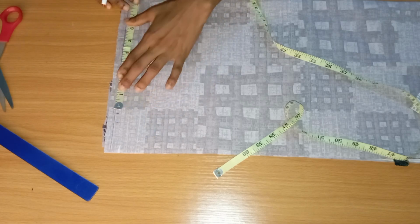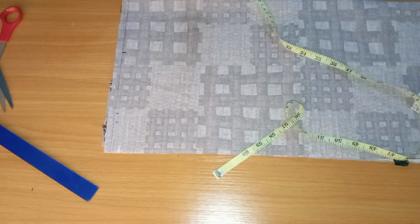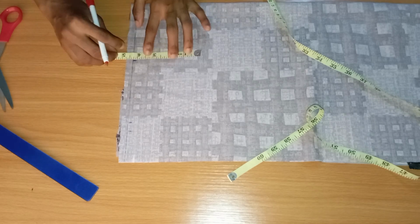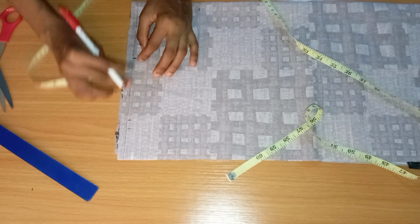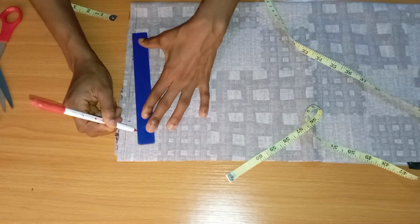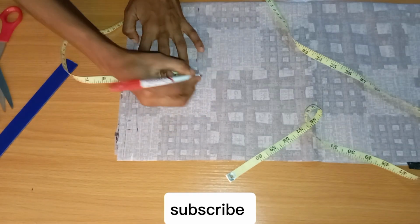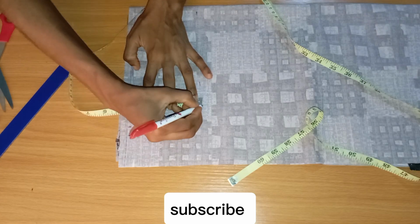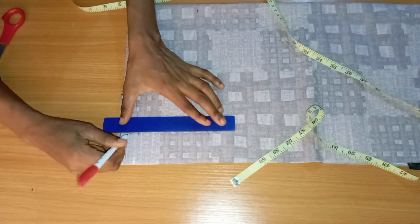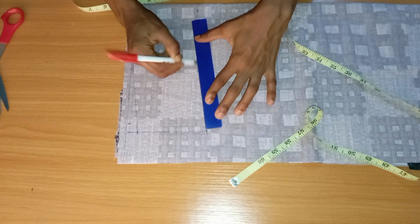Okay, so I'm marking what I have, the half of my shoulder, and I added 1/2 inch seam allowance. That is basically what I did here. Half of my collar rather, and then what next I did is to get the half of what I have on there, just to create a slant for our collar. So the height of my collar is 4 inches. Then on here I marked 1/2 inch upward and connected it to the midpoint that I have, so that I'll just make a little slant and then continue to mark the 4 inches